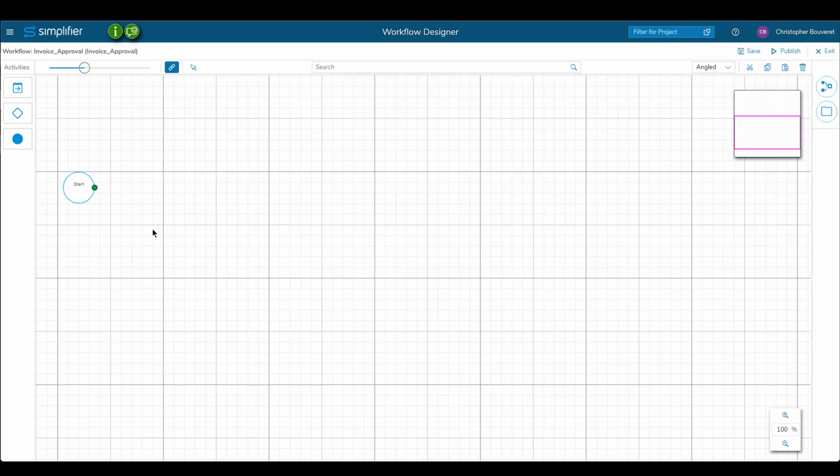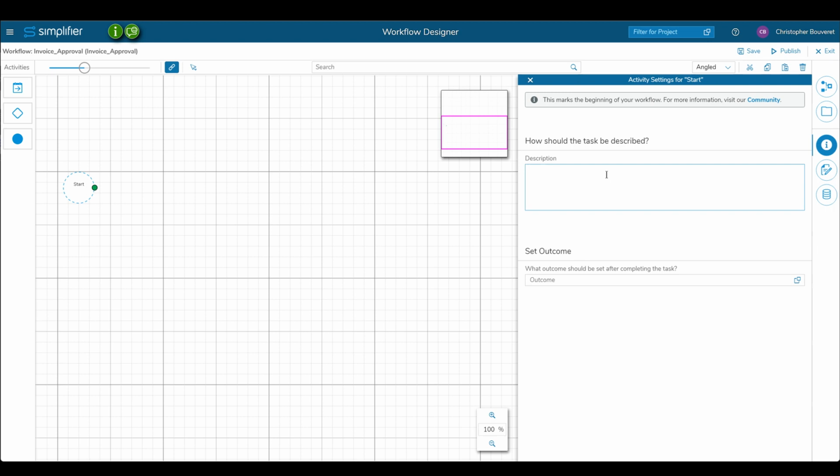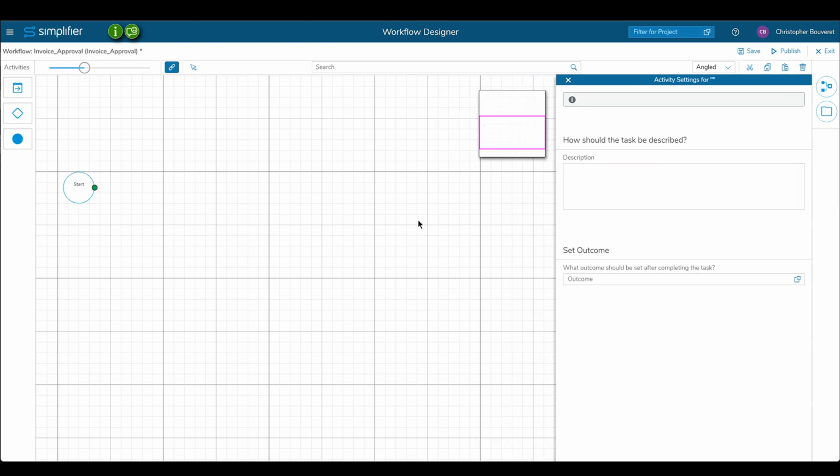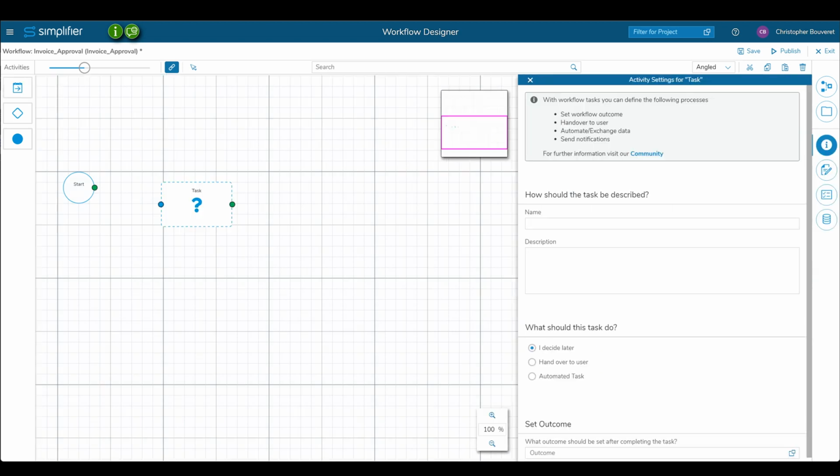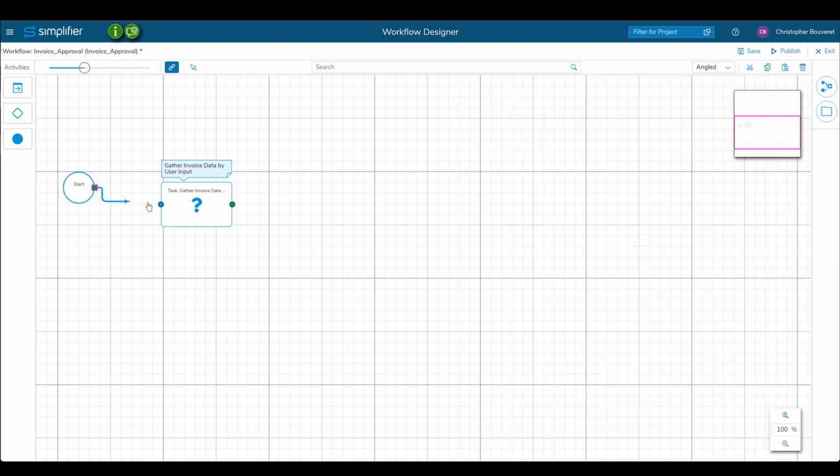We can now start modeling our workflow, and within the canvas, our start activity is already added. So when the process starts, we want our users to input invoice data, which is a user task, so we drag a task activity to the canvas and give it a name and description, in our case gather invoice data